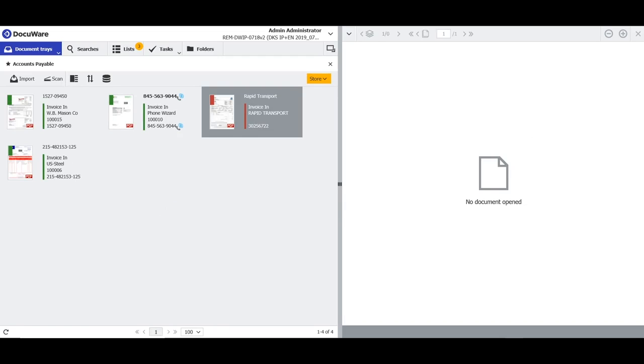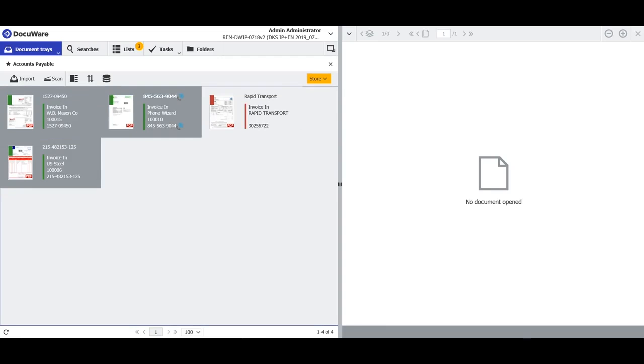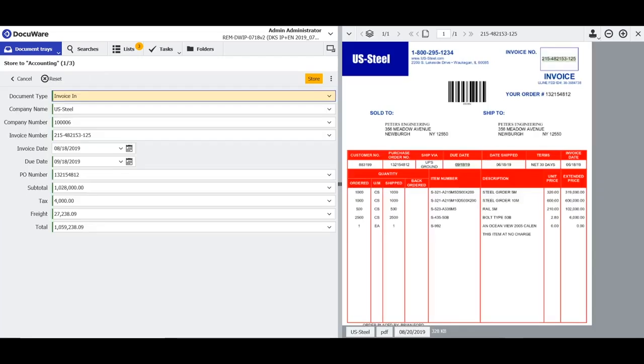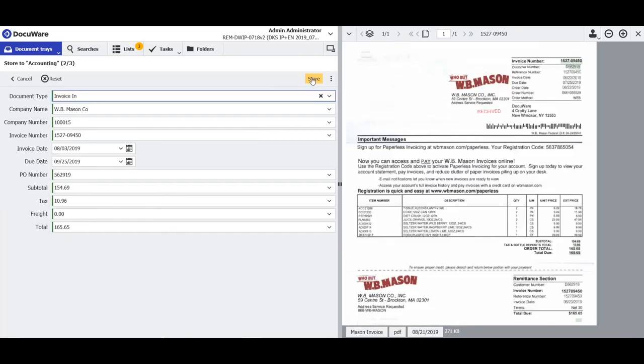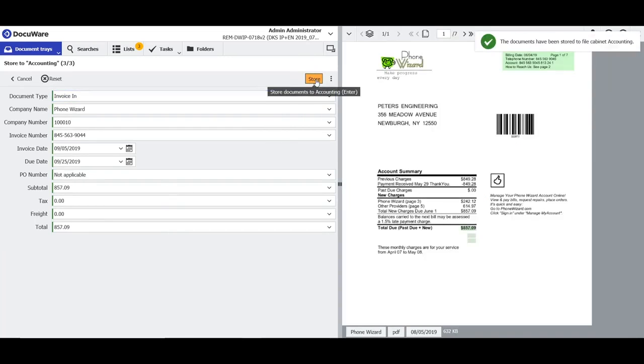Since intelligent indexing has already processed these 3 documents, we'll go ahead and store them to get them out of the tray. As I mentioned earlier, these have already been processed by intelligent indexing, so we can go ahead and just click on Store to introduce them to the electronic file cabinet. I'll go ahead and store all 3 of these,